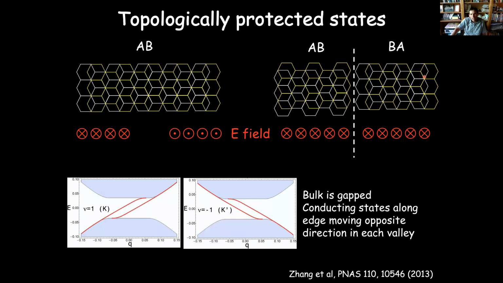And so there's been theory from about 10 years or 8 years ago now of what should happen here. And what should occur then is in the bulk of the sample where you have this AB or BA type stacking, the sample should become gapped, and the size of the gap is controlled by the magnitude of this electric field. And then running along the boundaries should be topologically protected conducting states. Here, 2 of them or 4 of them with spin going on each valley.